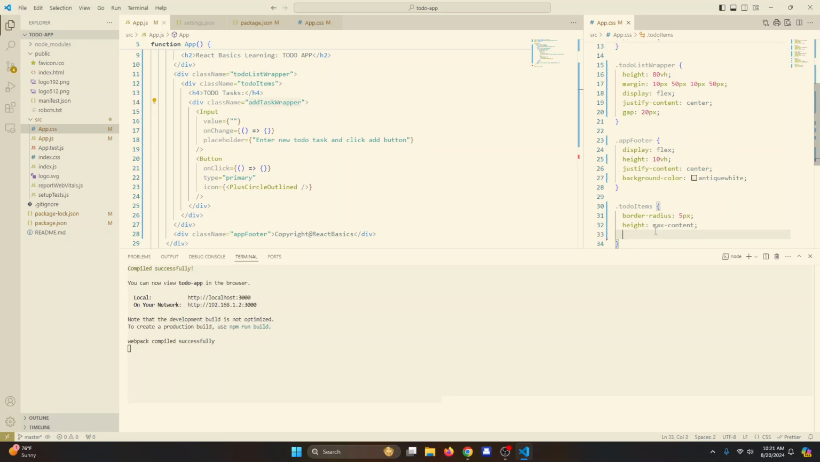And then let's add some padding. So we want to have 20 pixel padding, top right bottom left. So when you say padding 20 pixel, that means top right bottom left all sides padding would be 20 pixel. Then we can add some border